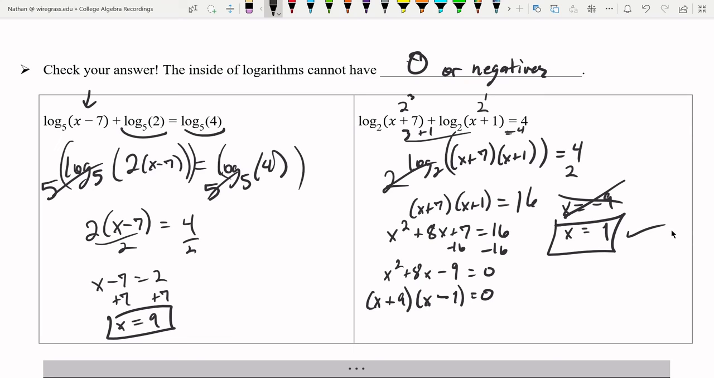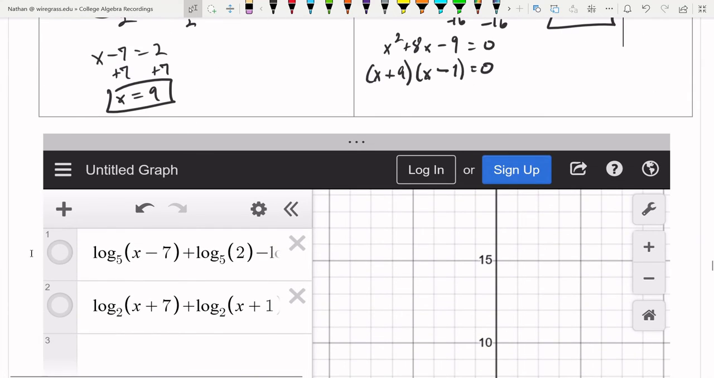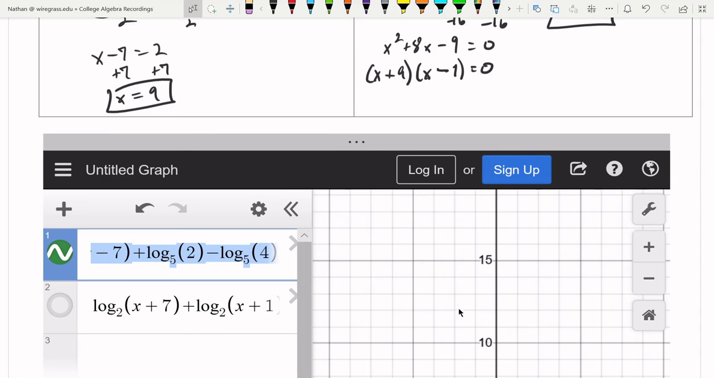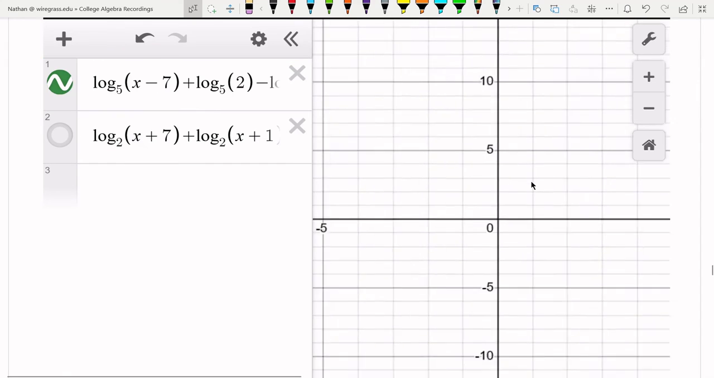So once again, double check your solutions. Sometimes you can get extraneous solutions as we've seen before. All right, let's graph these things and see them. So for the first one, of course, I subtracted everything over to one side. And the graph of this,